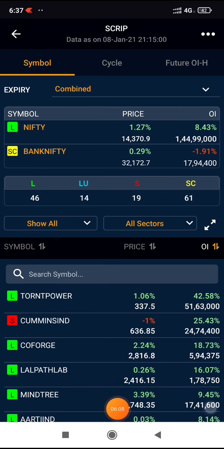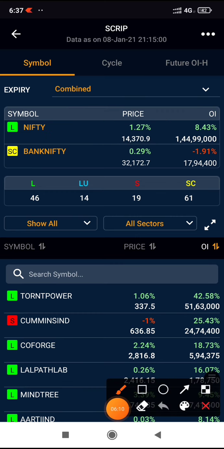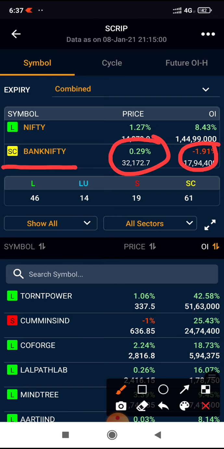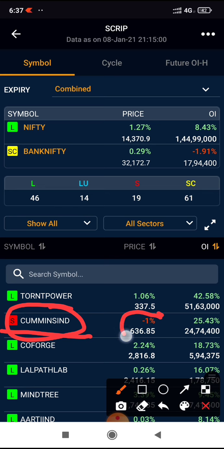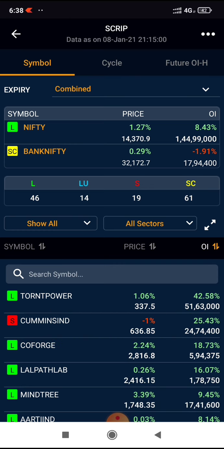And let's check another example. Let's check Bank Nifty. Here short covering happened, and the price was going up but the open interest decreased. So this is the case for short covering. SC refers to short covering. Next, another example of shorts, where there is a short build up. It means the price was falling but the open interest was increasing. It means that the stock is going down. So the stock was down 1%. So on this page you can check all these details.